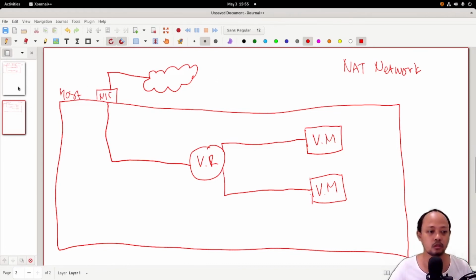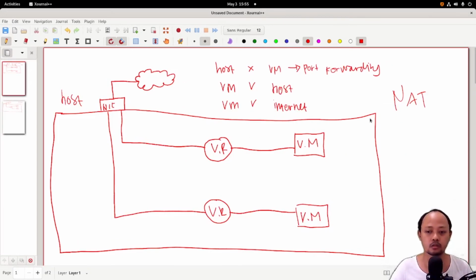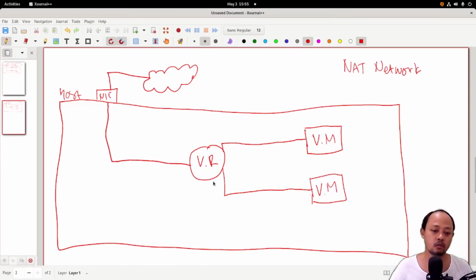So it's different from this NAT setting. In the NAT network setting, we can set the IP address. So let's try.